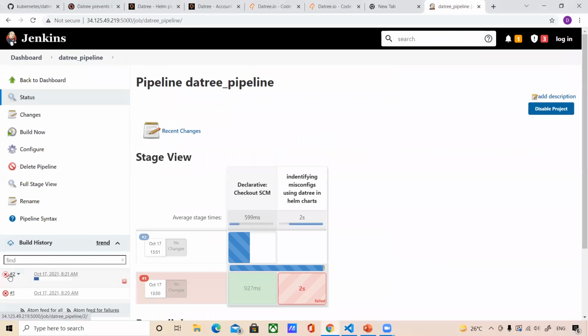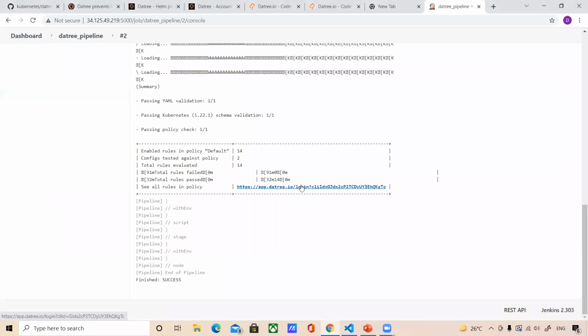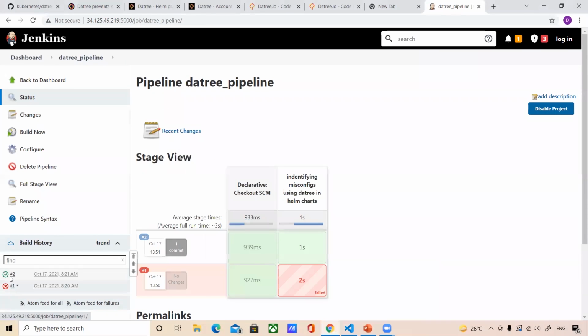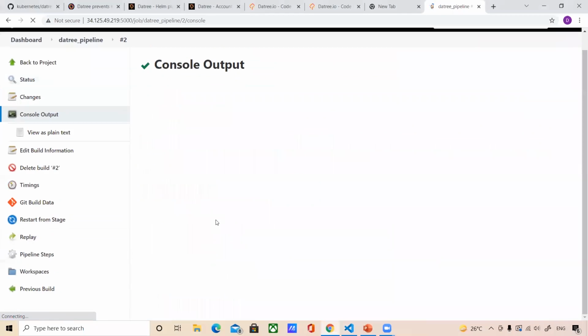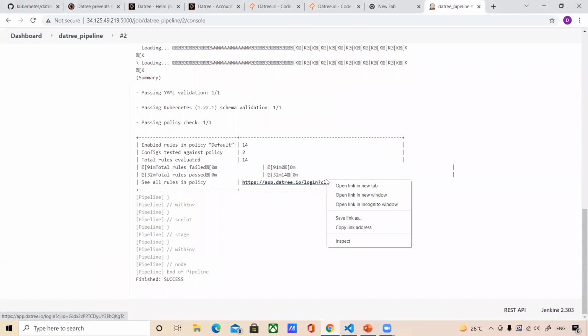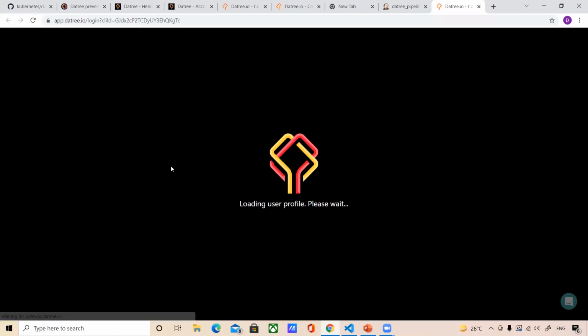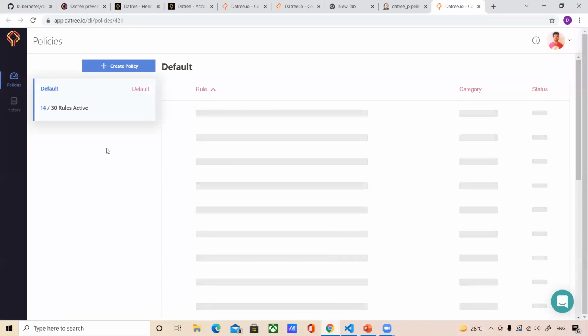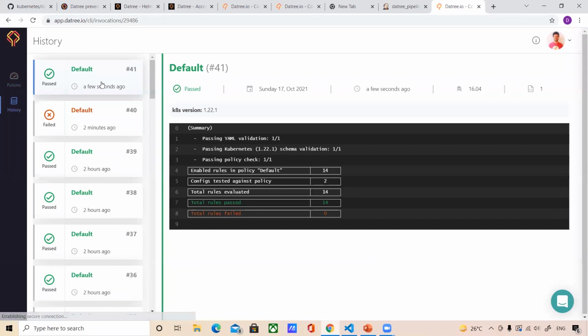Once I do that, you can wait and you can see it will be successful. And the status will also be successful. And also in the Datree dashboard, you'll be able to see that particular execution in the history tab. So let us open this. And you can see in the history tab, you will be able to see whatever run we did right now. So let us go to history, and you can see here, a few seconds ago, this test has passed. So this is how, if you have a couple of machines that have to use a central dashboard, by using this Datree token we will be able to connect all the machines to a specific dashboard.